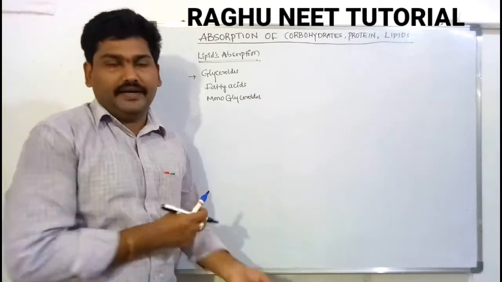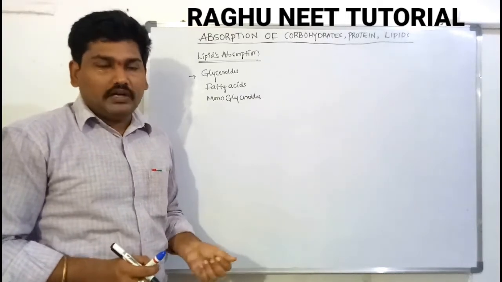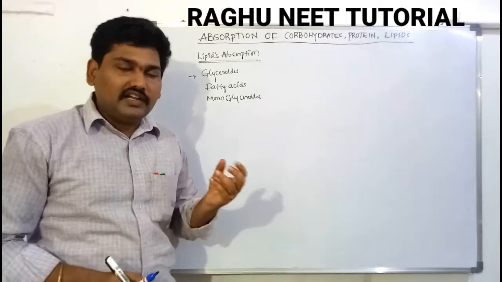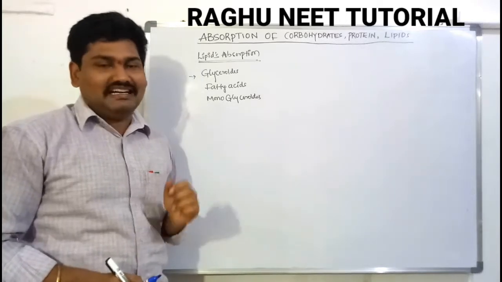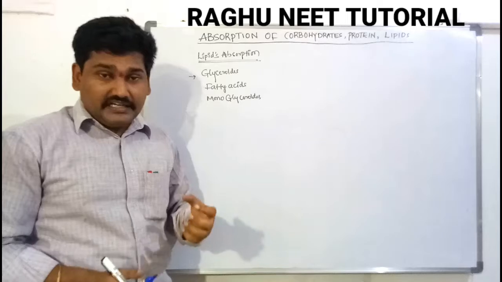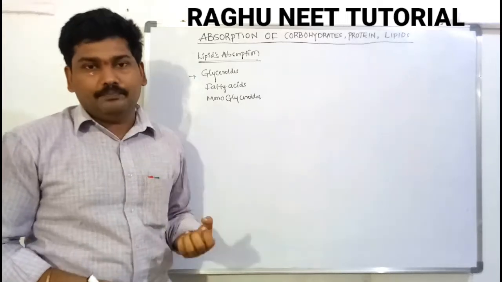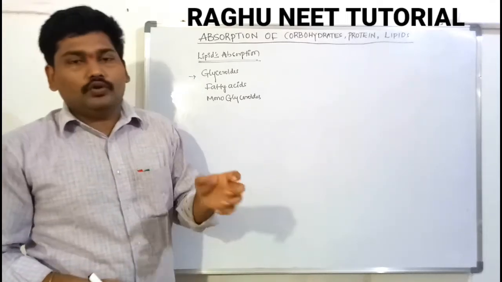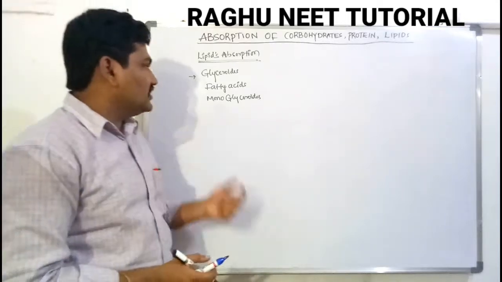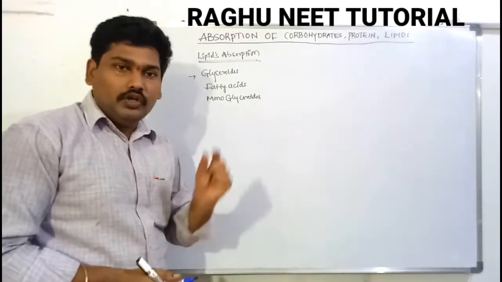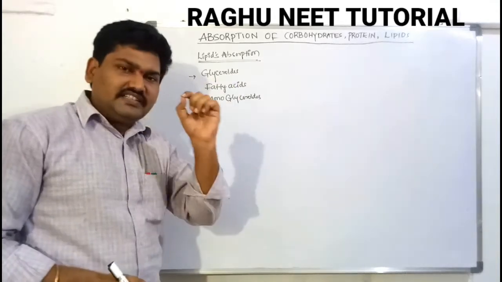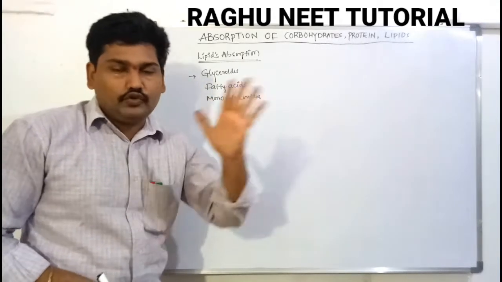The absorption of lipids, or lipid absorption, after the complete emulsification. What is that? The fats are converted into glycerols, fatty acids and monoglycerols. So after the digestion, these are ready to be absorbed from the small intestine into blood capillaries. First, the glycerols are transported through the diffusion method. The glycerols are transported in the simplest way, which is known as the diffusion method.